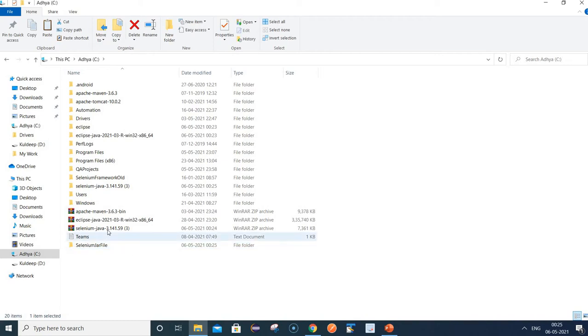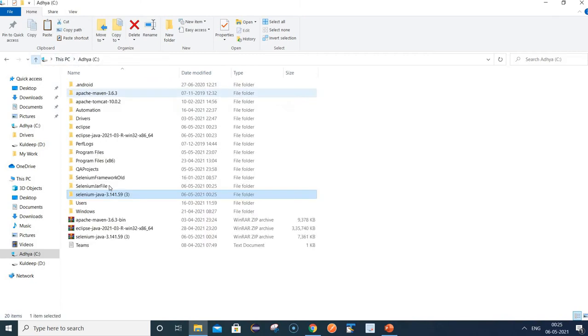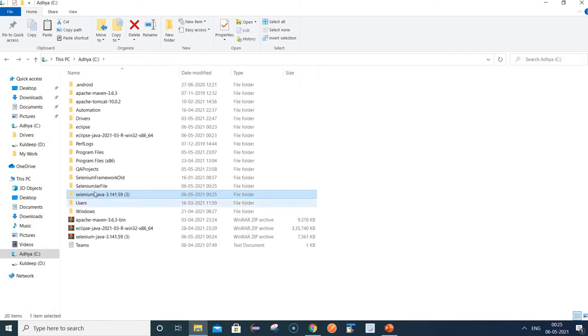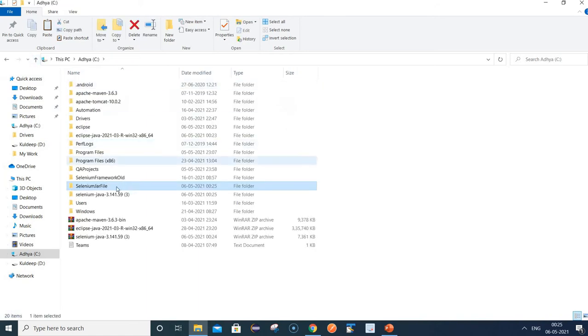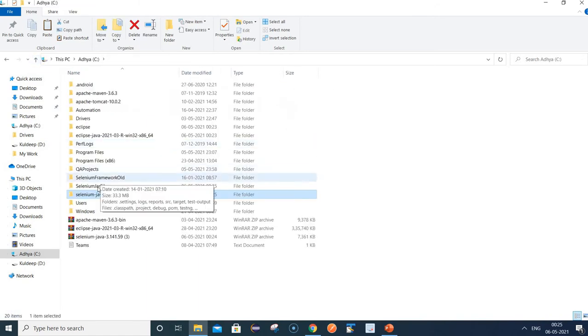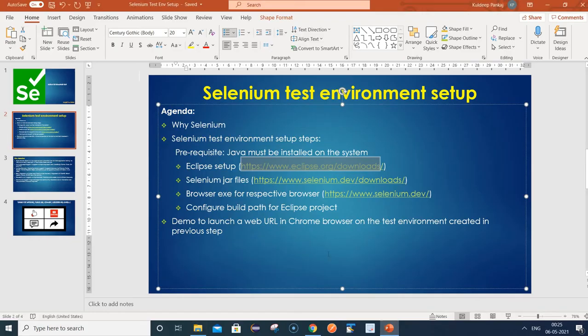I will move this folder inside it, copying all the content from here and pasting it inside. Whatever files were extracted, I have moved to the Selenium jar files. So what we have done so far,